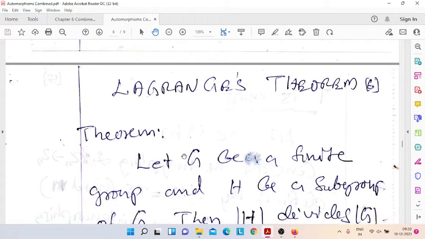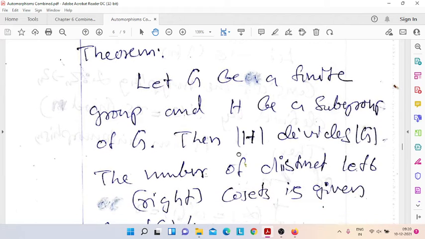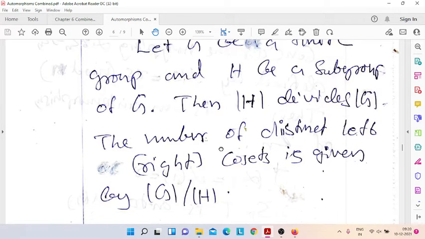In this video, we are going to discuss Lagrange's theorem in group theory. The statement of the theorem is given here. Let G be a finite group and H be a subgroup of G. Then the order of H